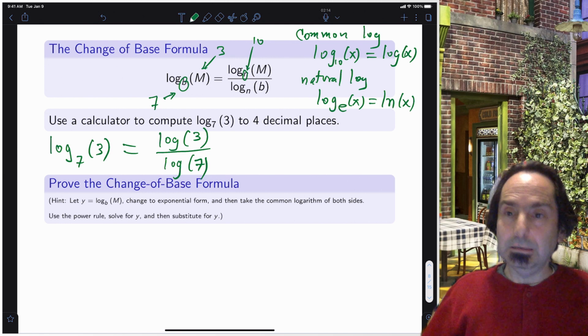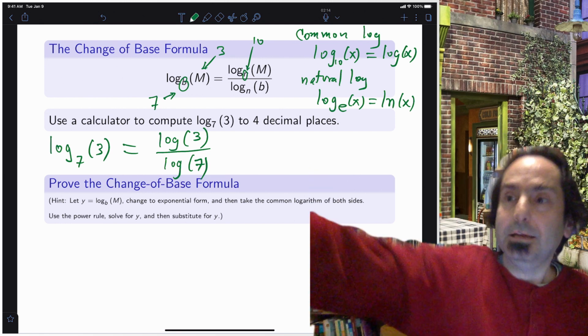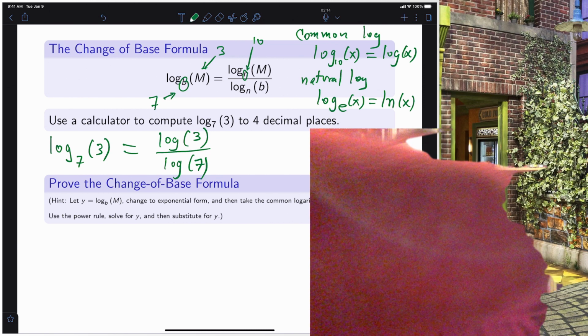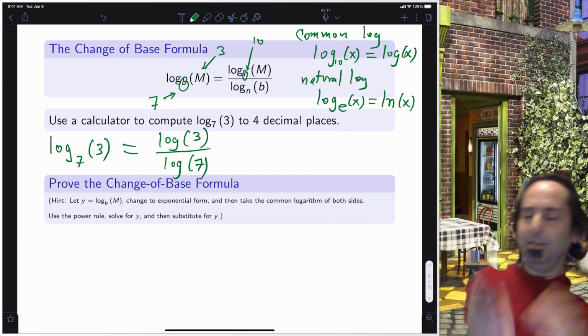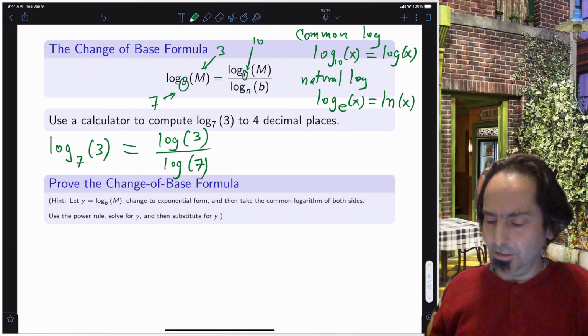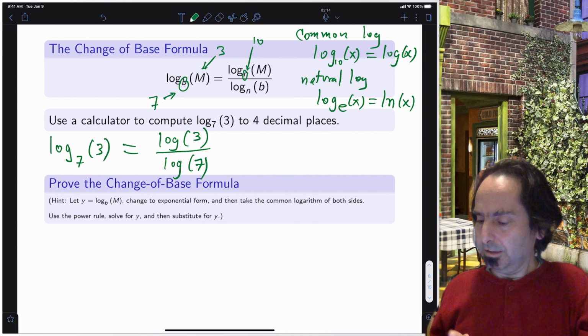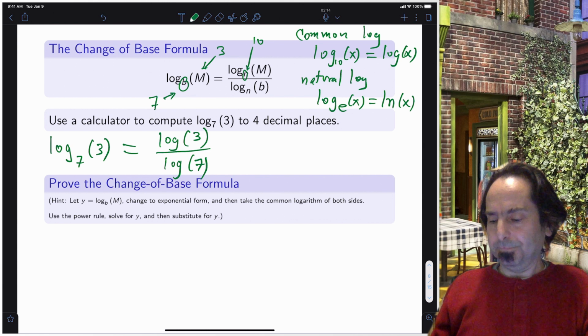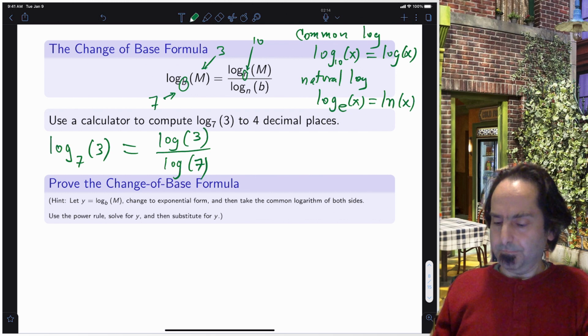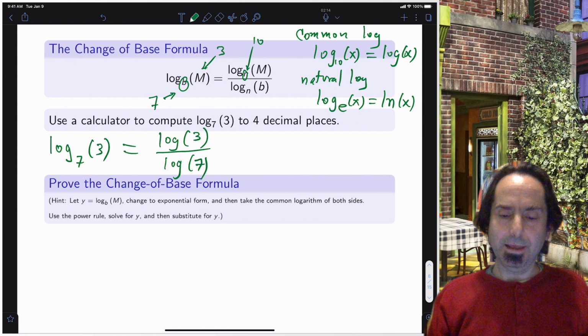Give me a second, I have to get my calculator. Okay, it's on my phone actually. Let's see, calculator, here we go. I want log of 3 divided by log of 7 equals,